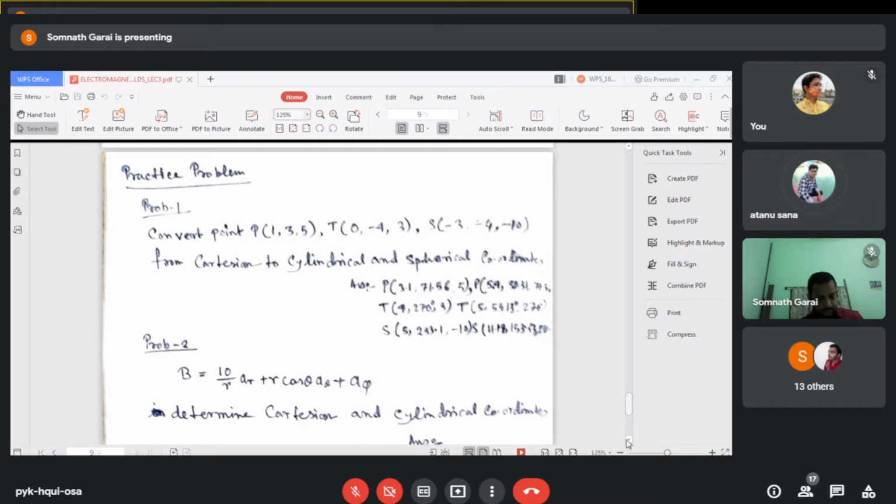Sir, in spherical, theta was tan inverse of root over x square plus y square by z, right? In spherical coordinate, theta is root over x square plus y square by z, and phi is equal to tan inverse y by x, and r is equal to root over x square plus y square plus z square, because it is three-dimensional. That's why in cylindrical it is root over x square plus y square, rho is equal to